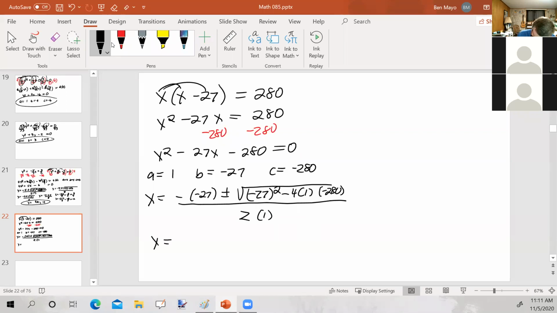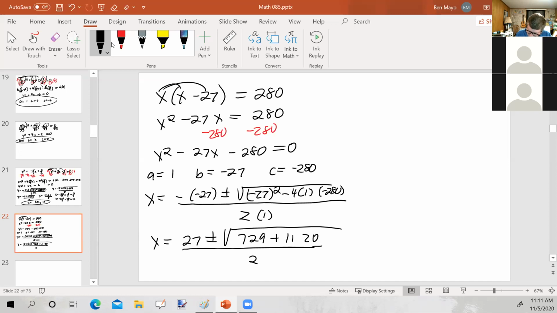X equals negative times negative is positive 27 plus or minus the square root of negative 27 times negative 27, which is positive 729, minus 4 times minus 280, which would be plus, let's see, 4 times 280 is 1120,